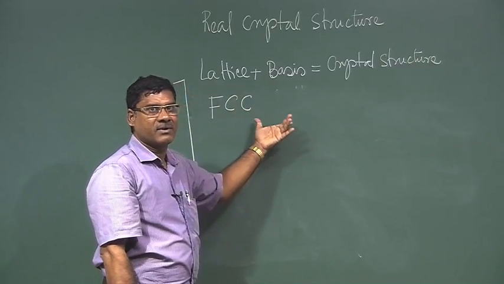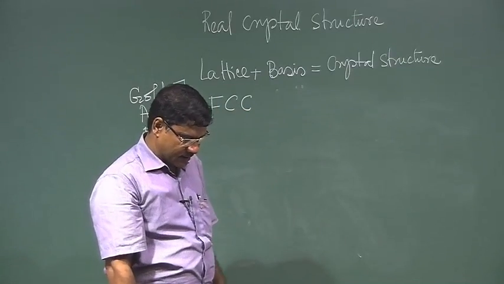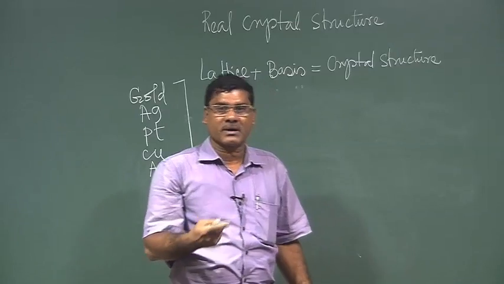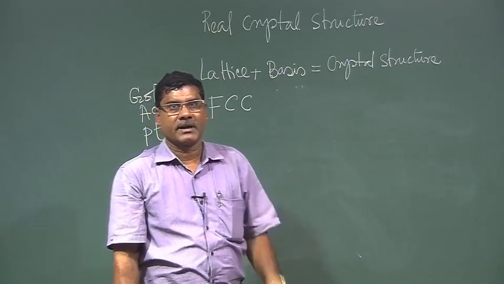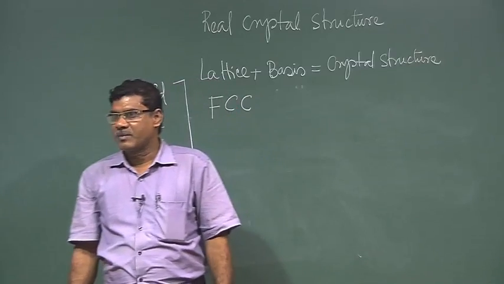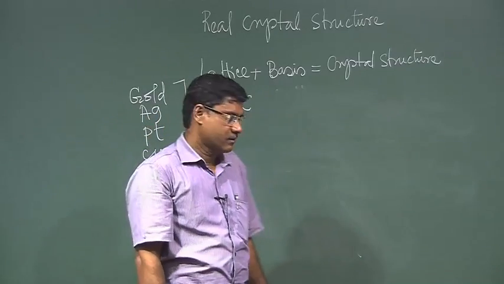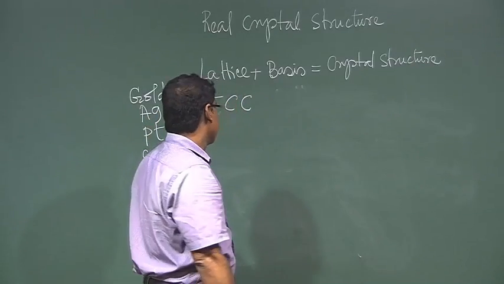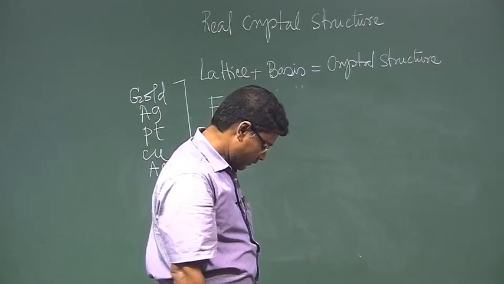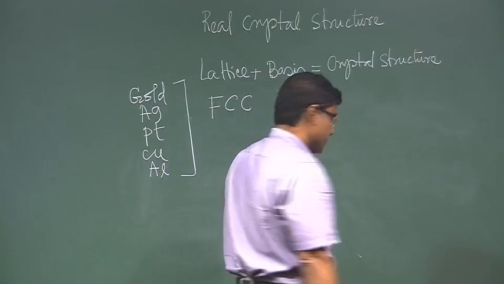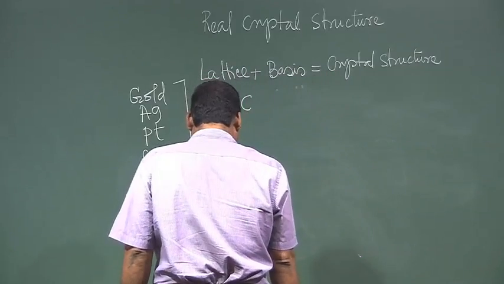So, that will be FCC structure. Similarly, if you use copper atom at each lattice point, it will be copper material, having the FCC structure. Okay. So, there are other materials. If I list them,